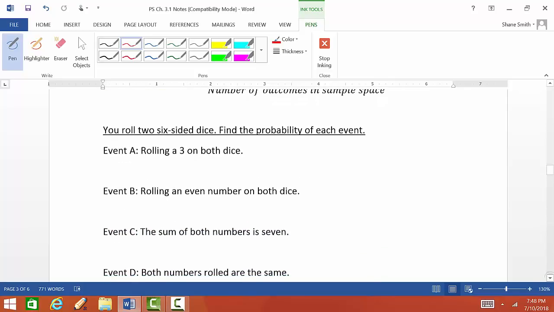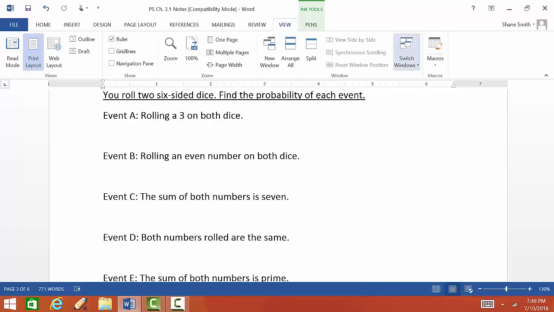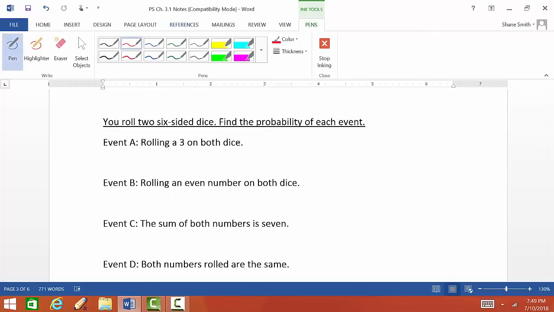So let's say we're rolling dice. Let's come up with the sample space. This is going to take a little bit of time, but I think it's worth it to do it at least one time, because I know many people haven't really thought about this before. If we're rolling two six-sided dice, we can get two ones,